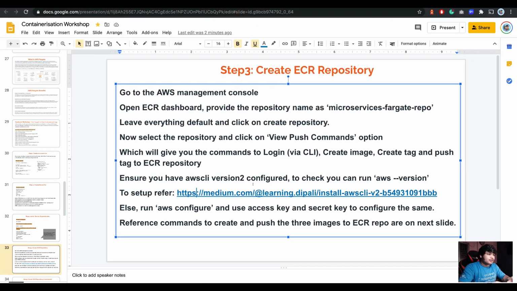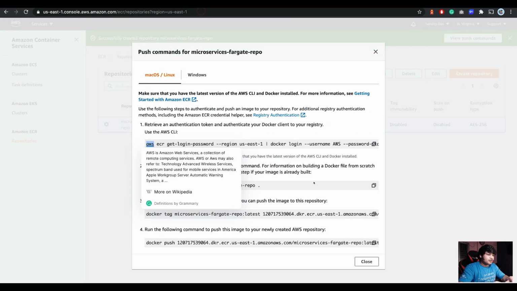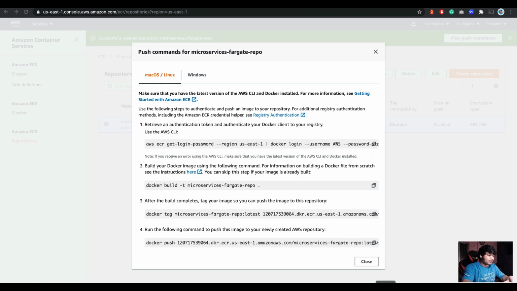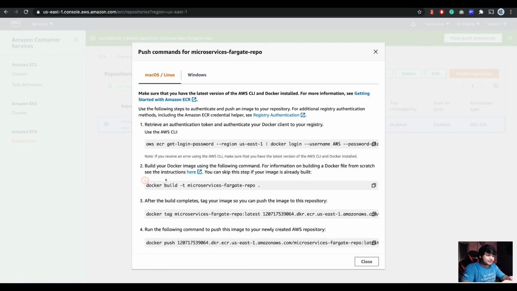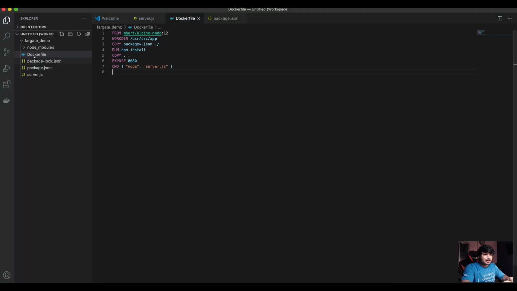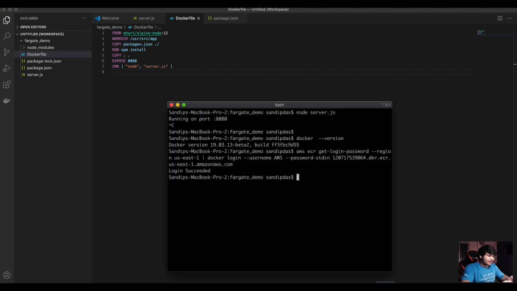Okay, let's go. Here we have our push commands. We'll just execute them one by one. Okay, login succeeded. Let's build our repo. From this Dockerfile, we'll be making one image. Let's do it.